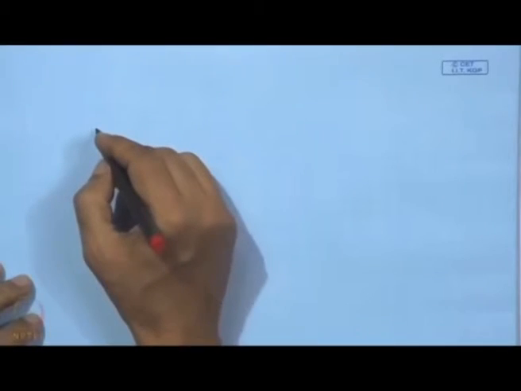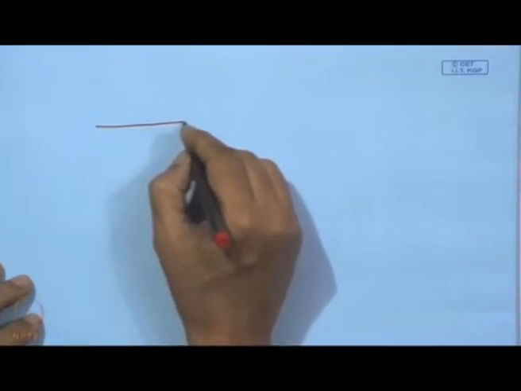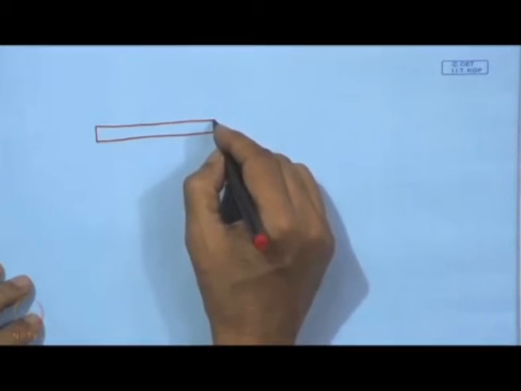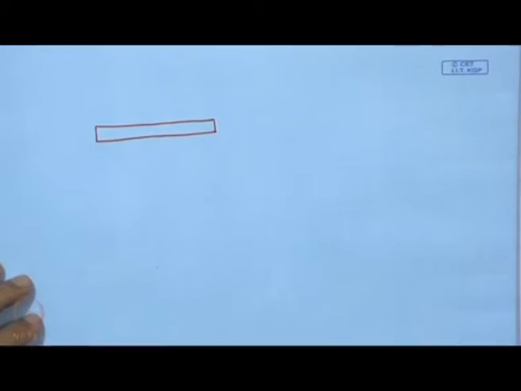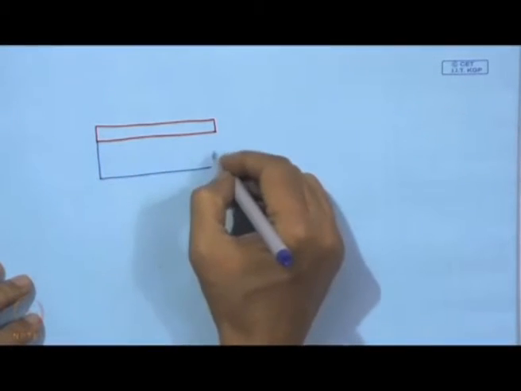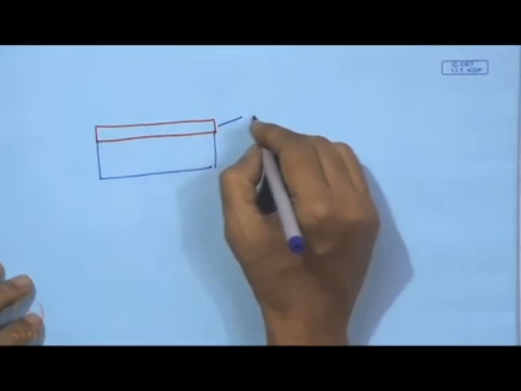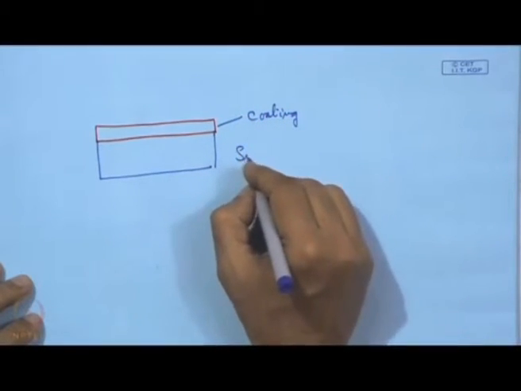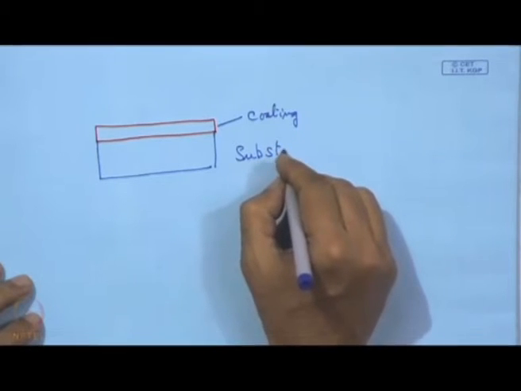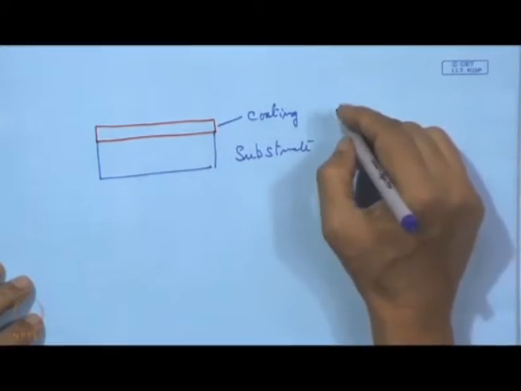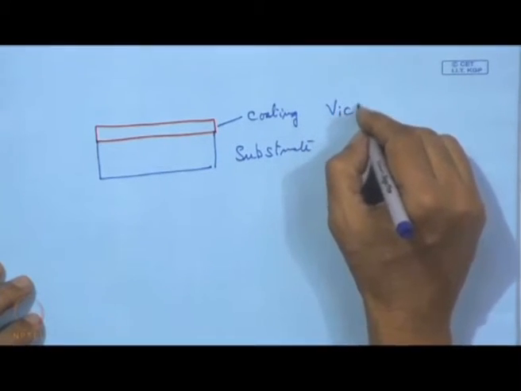So, if we put this illustration, this is a coating, and then just beneath it we have the substrate. So, this is coating and substrate. In that case, this micro hardness indenter, which we call Vickers